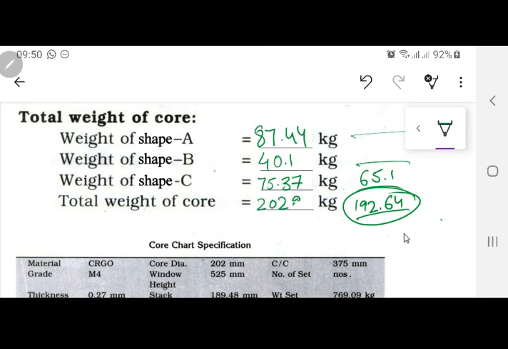202 point. I don't know why, but this is just a speculation. Shape C weight should be something near to shape A weight. So maybe 75.37 is the answer. I don't know. Just confirm this out. I will be using this 202.91 just for this calculation, what I am doing just now. But please verify this one in the next lecture. Please verify whatever is the exact weight. Don't leave this here. So we are going to use 202.91 because 200 point 1 or 2 was the approximate weight.